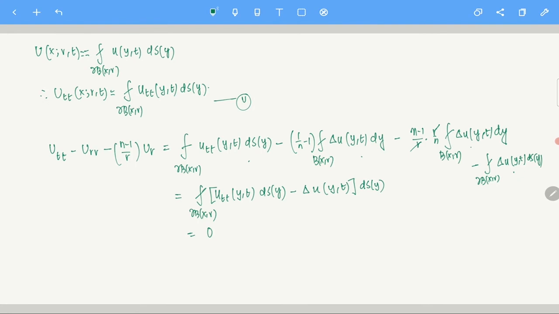The Euler-Poisson-Darboux equation is satisfied, and moreover, you do not have to do anything here, it's already true. It is also clear that capital U at t equals 0 is G and U_t is H. There is nothing special happening here. That is always true, so I just wrote it. So the Euler-Poisson-Darboux equation is satisfied.